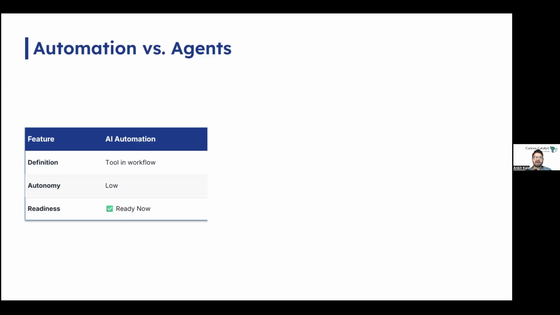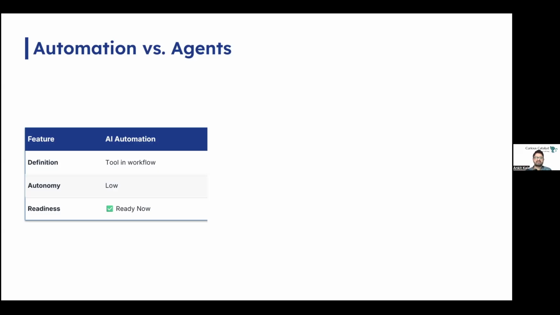For example, you have an AI to classify a customer email, like this is a refund request. Then your workflow says if there is a refund request, then you have to route it to the billing team. AI has classified it, the workflow has decided it. Over here, the autonomy level is relatively low. The AI is a tool, a very smart tool, but it's a tool.